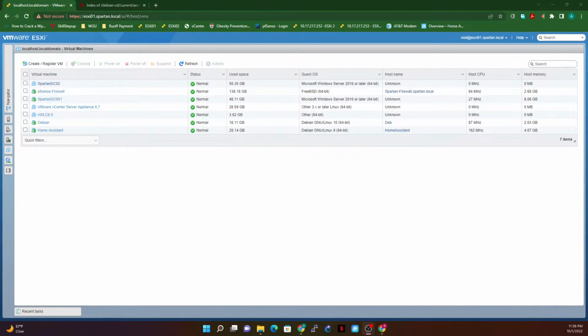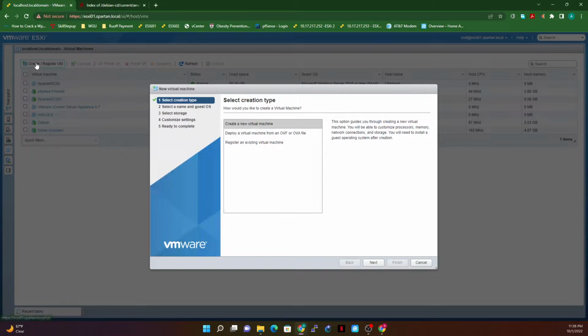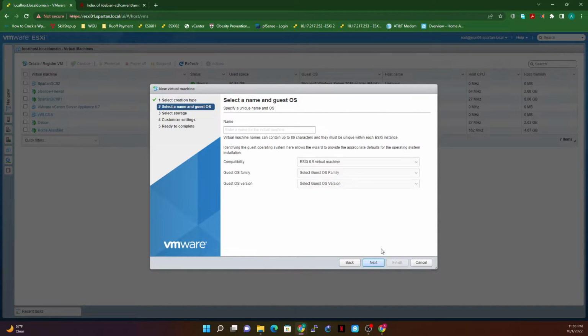Today I'm going to show you how to install Home Assistant on Debian 11. To begin with, I'm going to start by creating a new virtual machine on my HACS host. I'm going to name this